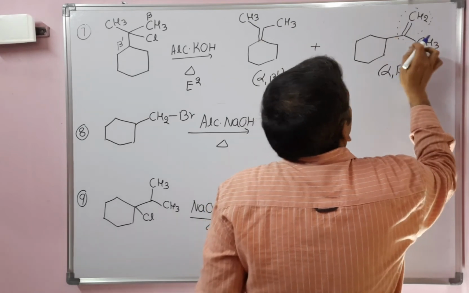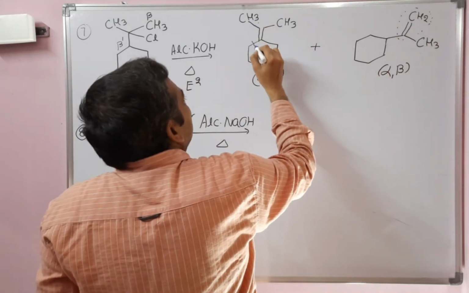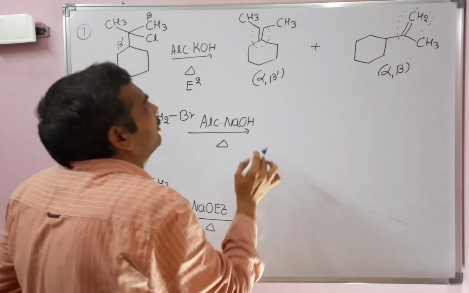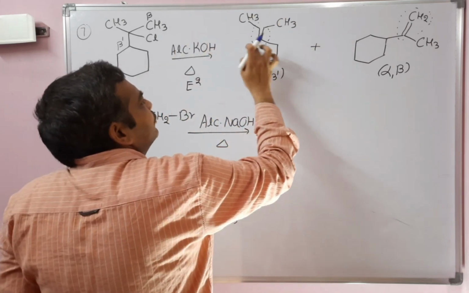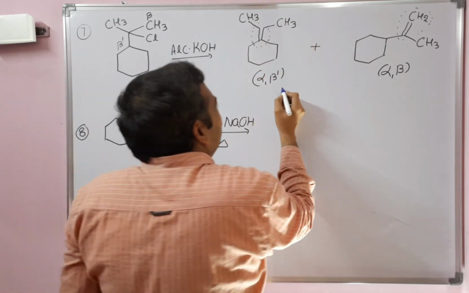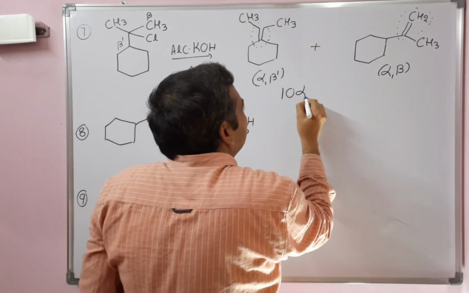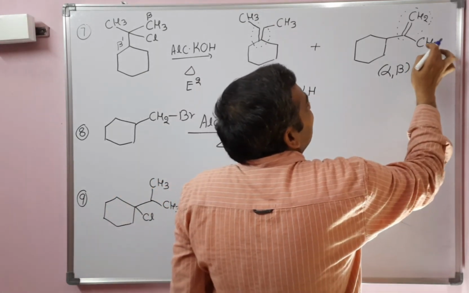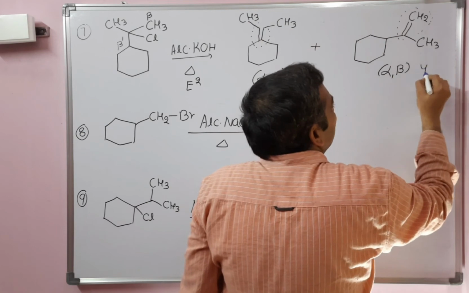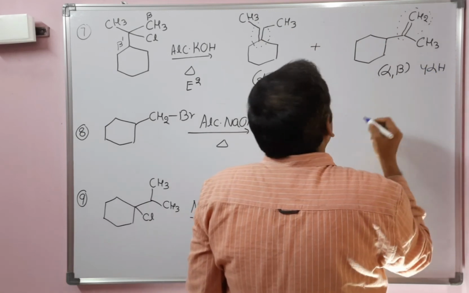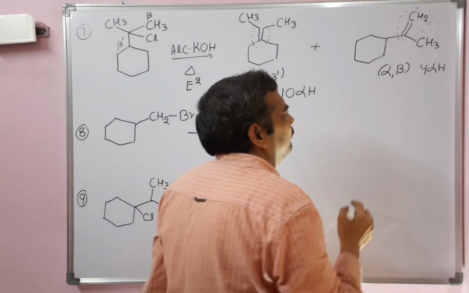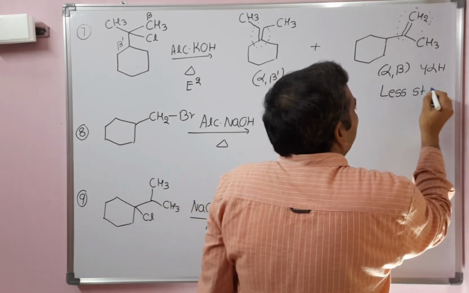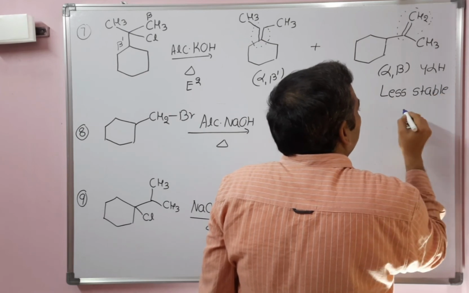On this double bond, 2 substitutions are there. On this double bond, 4 side substitutions are there. See, write the number of alpha hydrogens, 3 plus 3 plus 2 plus 2. So 6 plus 4, 10 alpha hydrogens are there. That means 10 hyperconjugated structures are possible here. Here only 1 plus 3, 4 alpha hydrogens are there. That means 4 hyperconjugated structures are possible. Definitely this is less stable. That means this is a minor compound. This is a minor product.